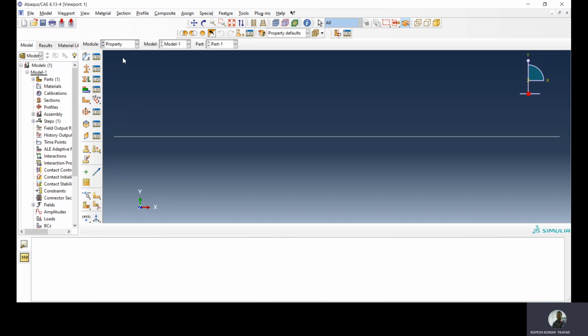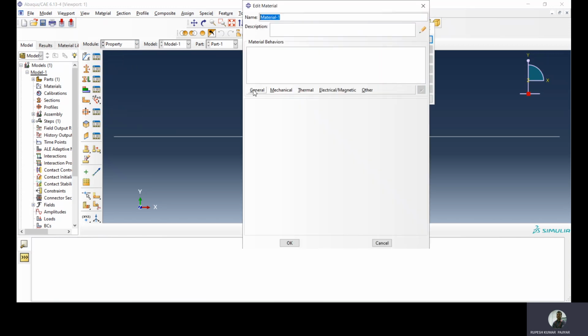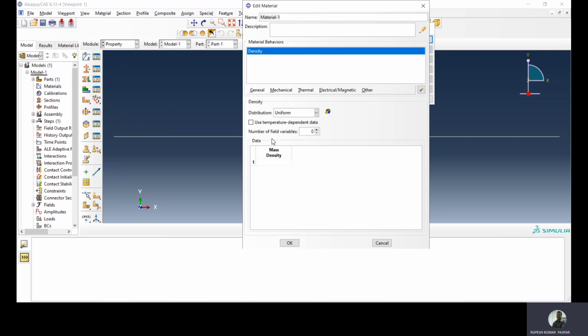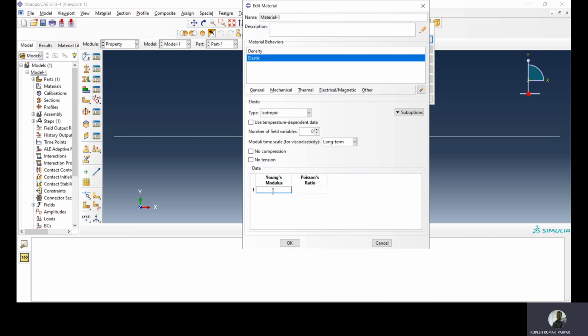Now we'll go to the second part, that is the property part. Give the property general density 7850, given in our question. Go to the elasticity part. The given property for the elasticity in our question is 210 to the power 9, and Poisson's ratio is